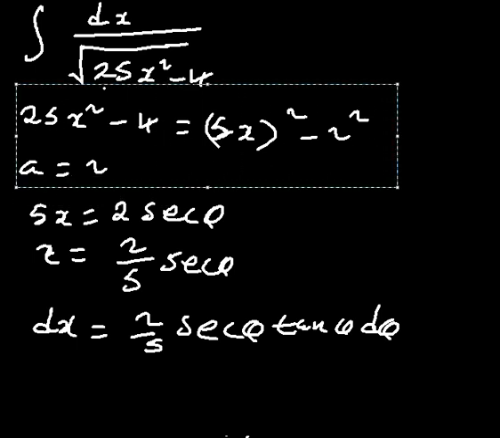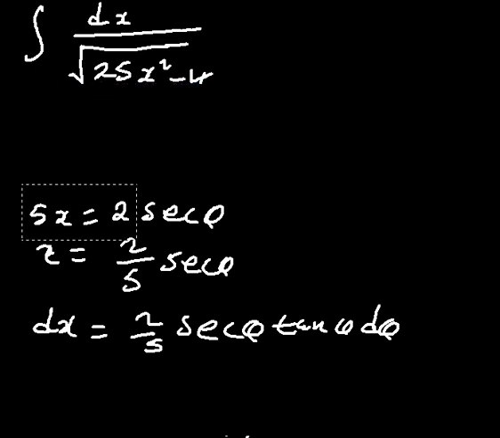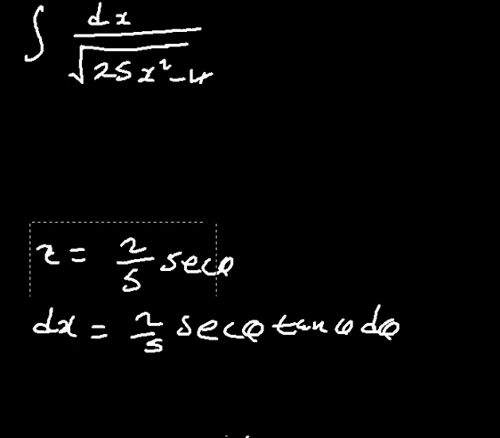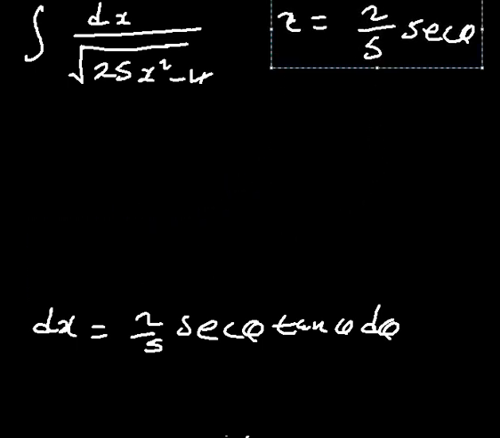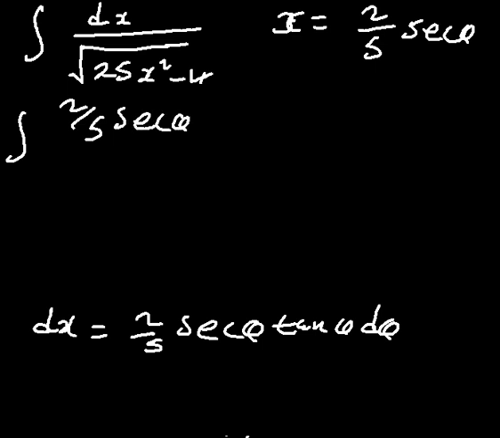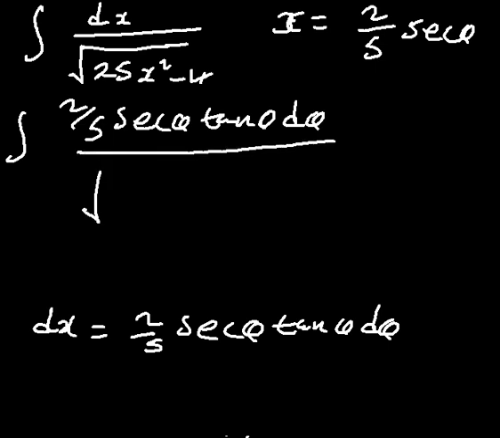We should keep this, as that will be important at some point, but the principle means the same. We should substitute. We have the integral, and what is dx? That is 2 over 5 sec theta tan theta d theta divided by the square root of